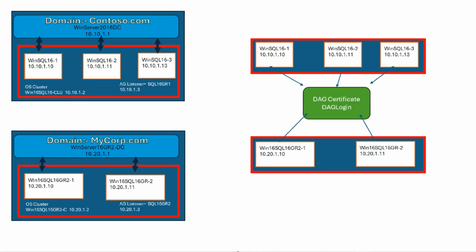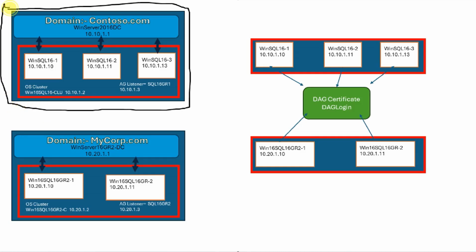My name is Rajiv, and today I'm going to show you the demo on configuring distributed availability group between two sets of servers which are not in the same domain. So my first set of servers are in a different domain called contoso.com, and this environment has a domain controller called WinServer 2016 DC. The IP is